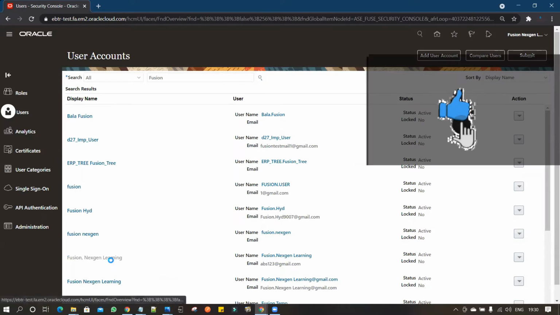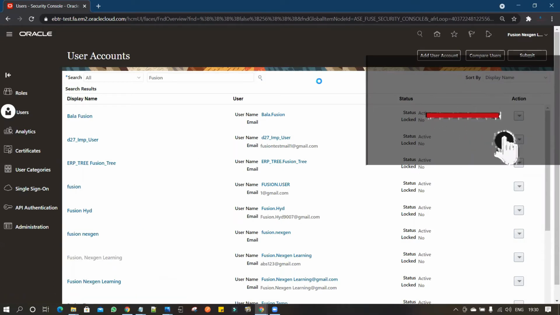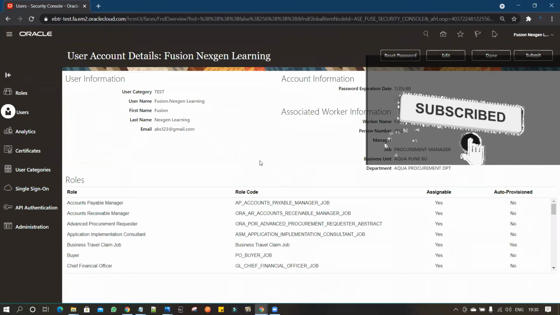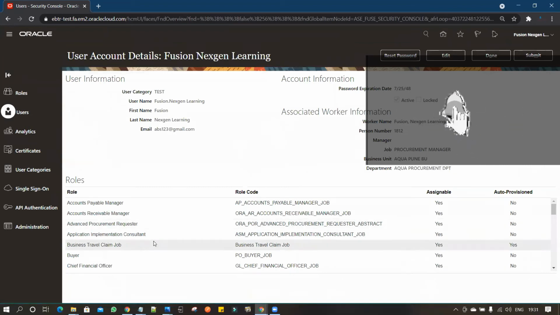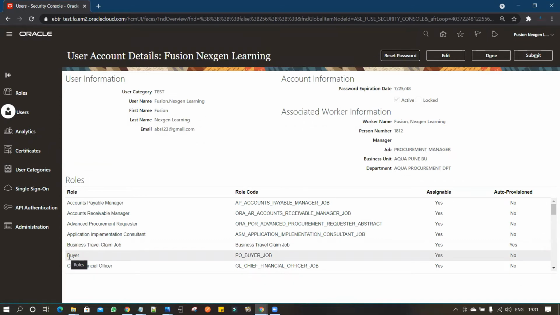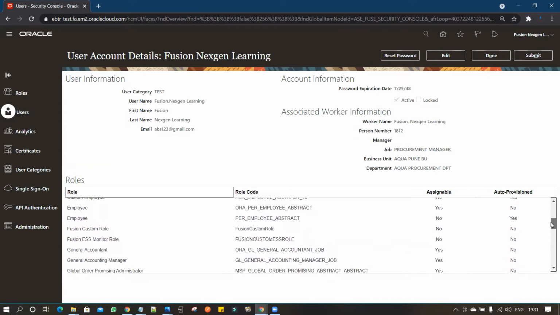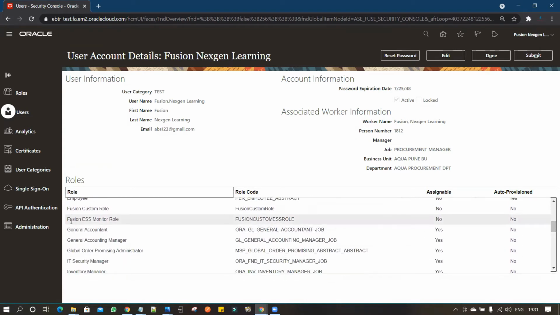Let me click on the Fusion. So I will take up one of the roles. In the previous demo, we created one custom role, so we'll pick up this role, Fusion ESS monitor role.